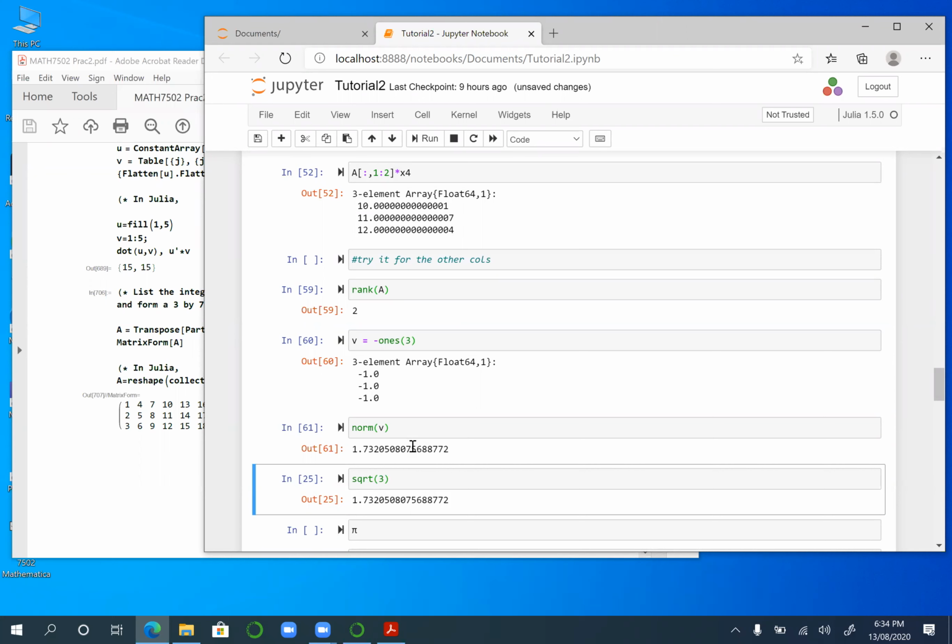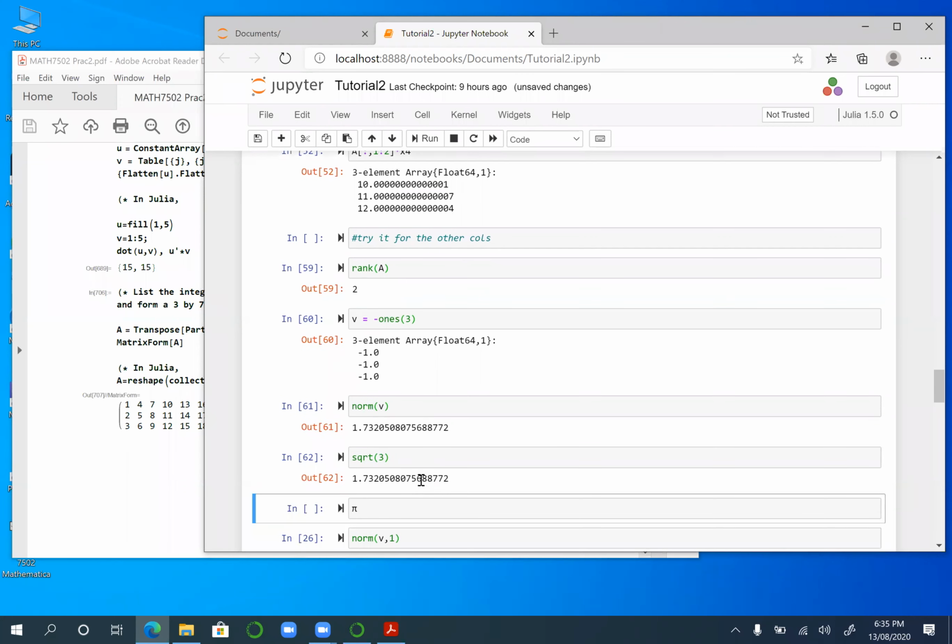So this is the square root of the sum of the squares. So that would be the square root of 1 squared plus 1 squared plus 1 squared, which is the square root of 3, right? So what we're doing here is comparing these two. SQRT3. All right, then what I did in the previous session is I wrote